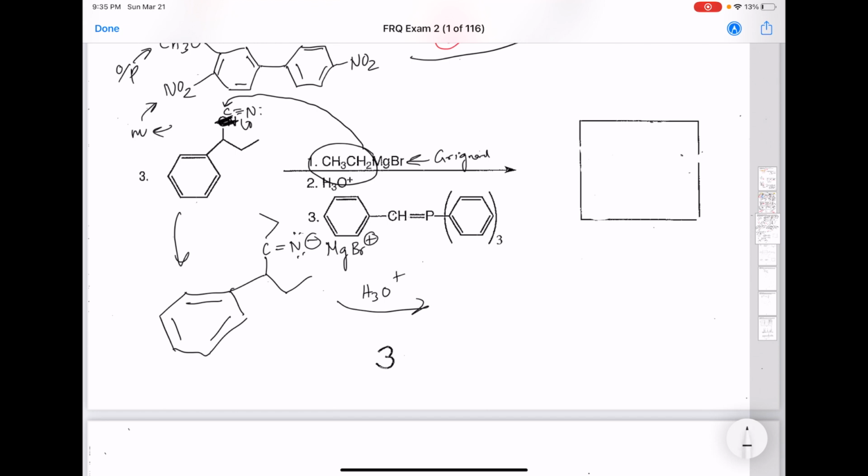But what that does in this case, and you'll go more over the mechanism later down the road, is that it converts this nitrogen, this carbon-nitrogen double bond, into a carbon-oxygen double bond. So we get... and it turns out